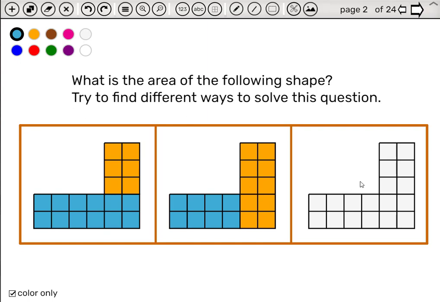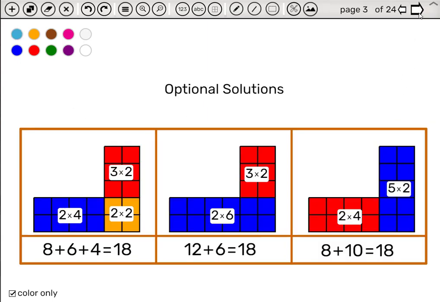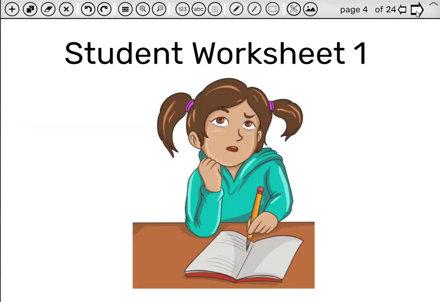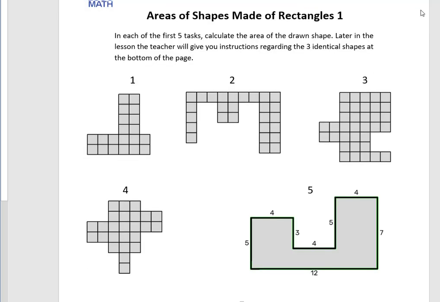Now let's move on to the next page, where we prepared 3 solutions. We have the color division, the relevant multiplication for each rectangle, and the summation of the areas of the rectangles. And now we move on to the student worksheet. This is a page we print out and give the students. Let's have a look at the page